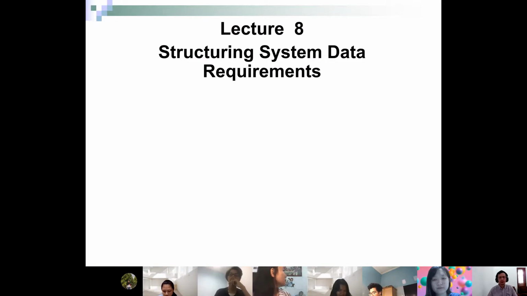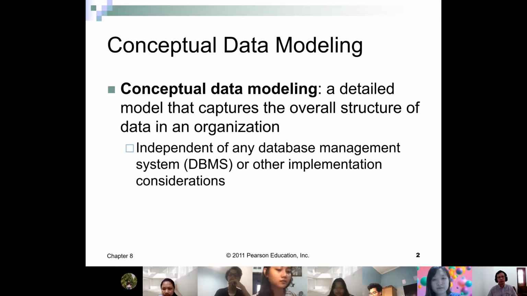So this is structuring system data requirements. Basically, data requirements means you need to create a conceptual data model. Why conceptual? Because we will not deal with the implementation of that data model. With implementation, we need to think about performance, how many people will use it.